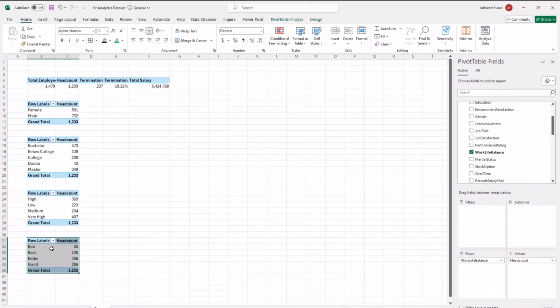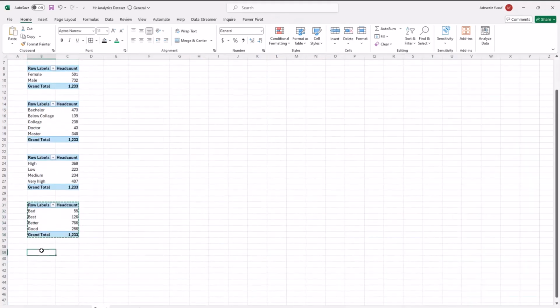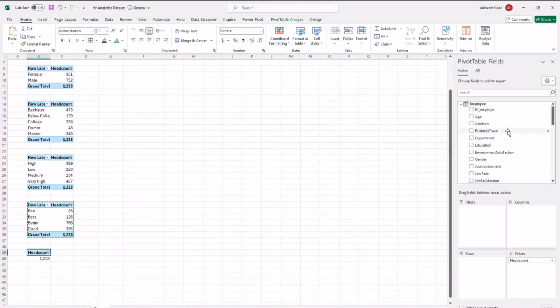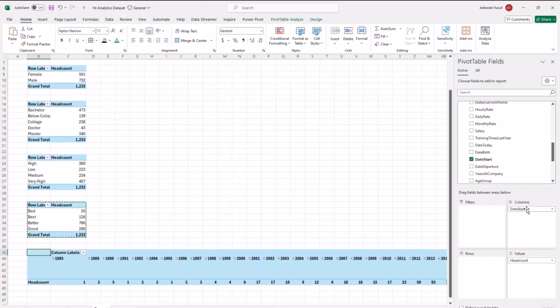So for this one, what we need is still going to be our head count, because that's the current employee. But we are going to look at that in terms of date start. So I'm going to look for date start here. Date start is here, but what we need is quarter, not the date. If you are using Excel 2016 upward, when you tick this date, the pivot table is going to automatically create a hierarchy for you, right? I think I clicked at the wrong place, right? See, it put it in column, but you can actually put it in rows as well.